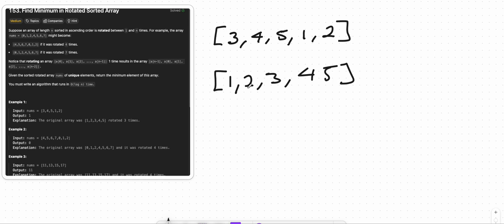But it was rotated in a certain way, and we have the rotated array. Our task is to find the minimum number in the array. But in the original array,